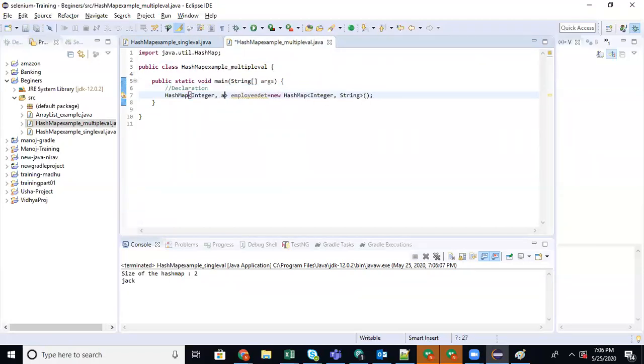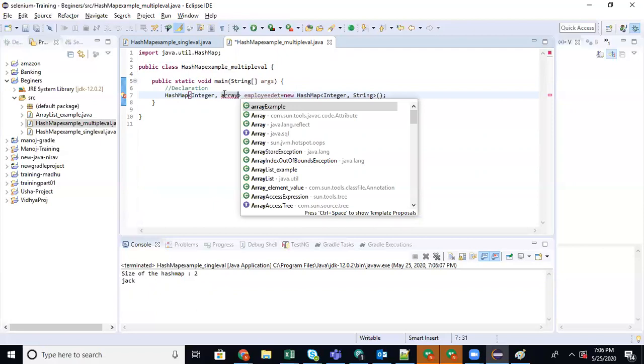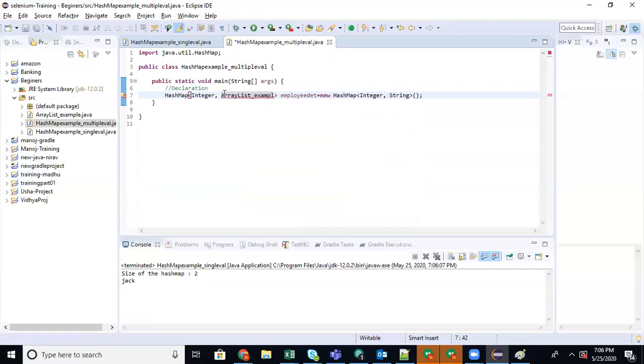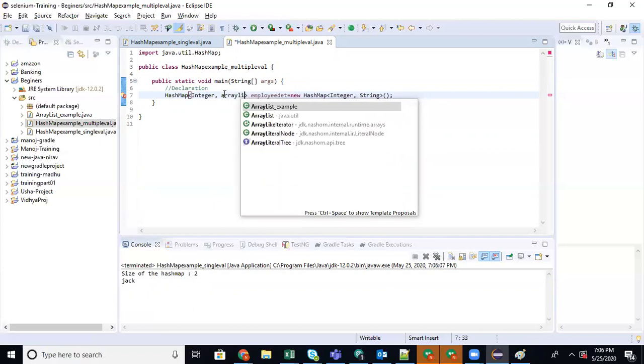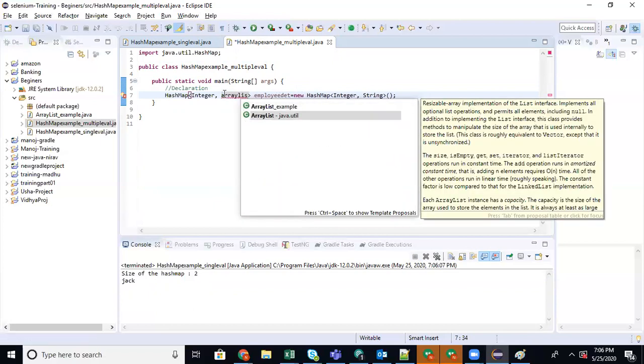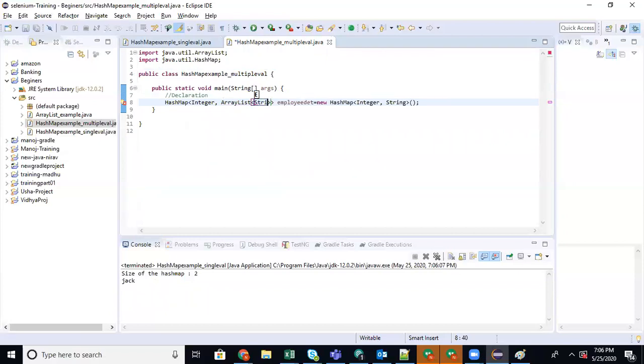So here I'm going to have an array list or array, anything, because to save multiple values you have to use collections or array. So I'm using an array list of string. This is the type of value.